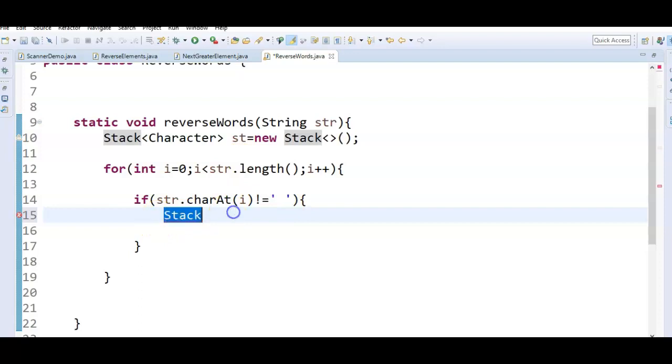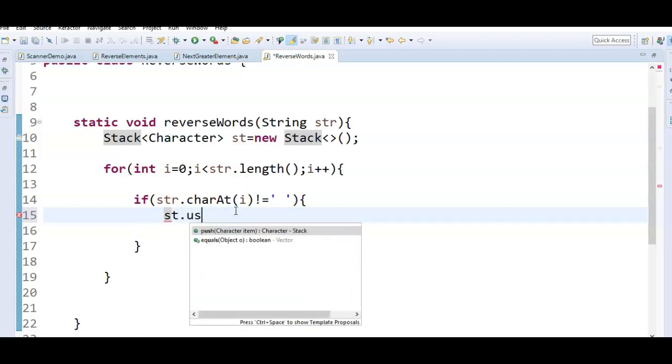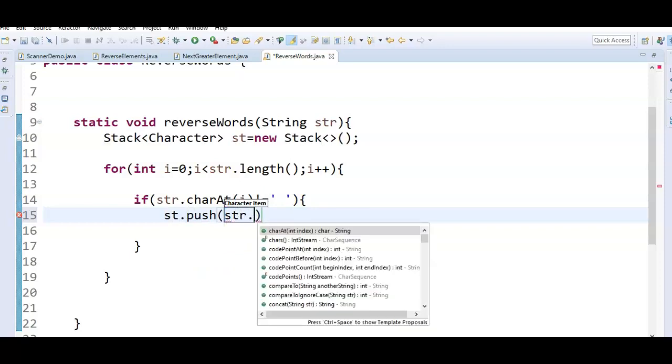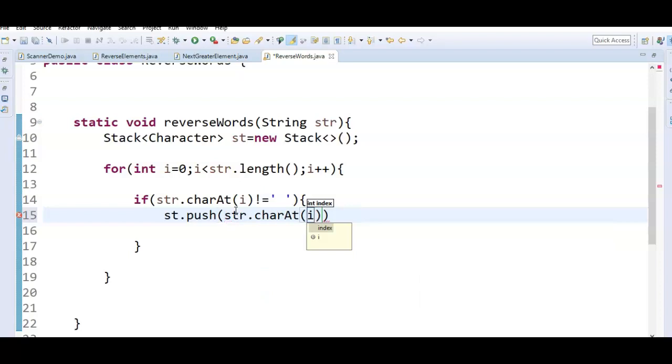So what I am going to do is st.push, and push the value into the stack: str.charAt(i).